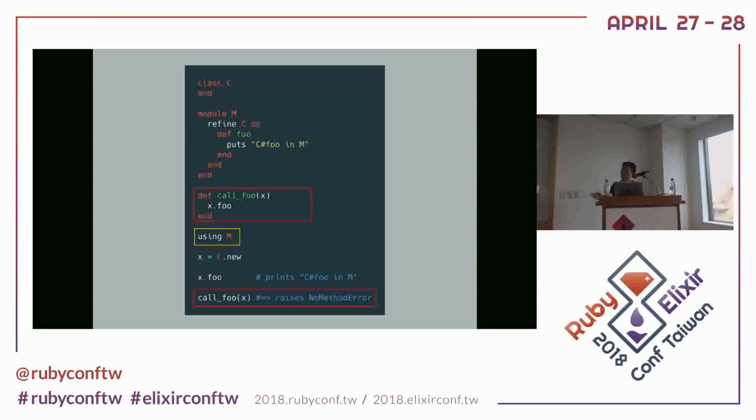If your method definitions include or you call the method foo before using the M module, it will be unreachable and raise a NoMethodError. But after using the refinement module, you can use the foo method.